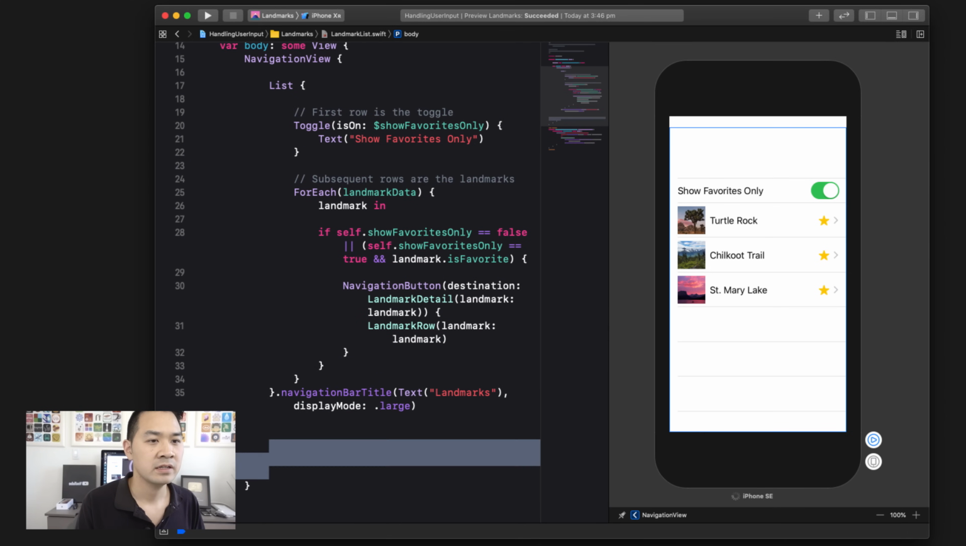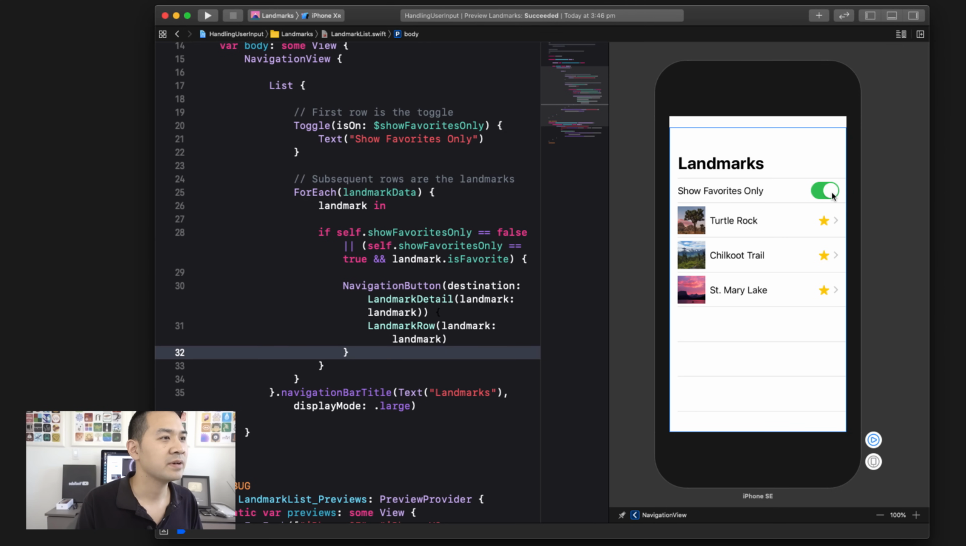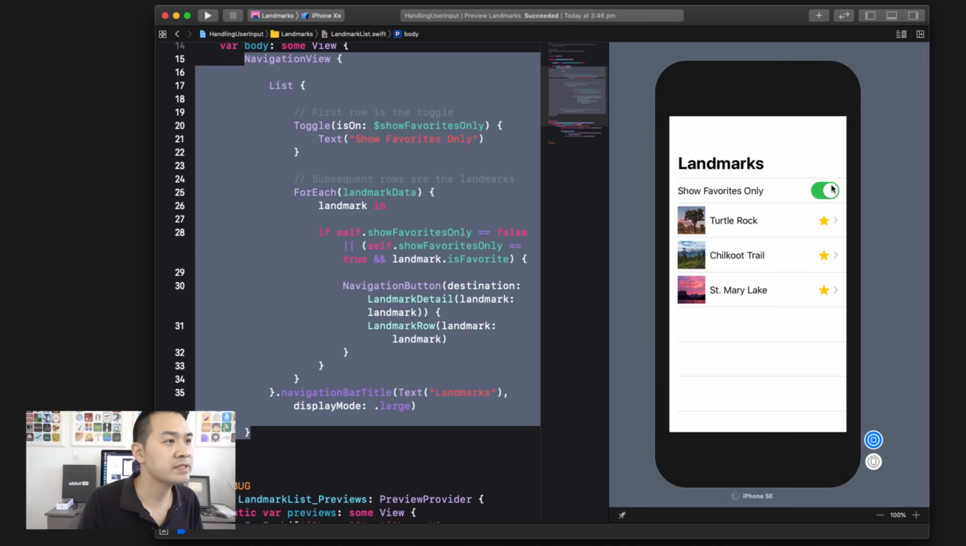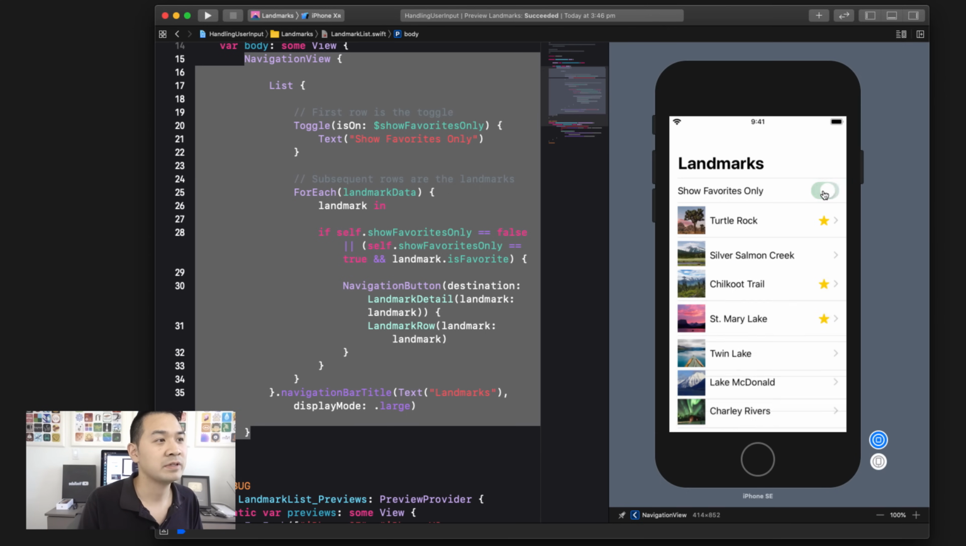I'm getting a lot of nested curly brackets now. So what do we have? Is this working? There we go. Cool. So you can see that there are no gaps in between the favorites now. If I toggle this off, let's change it to a live preview so we can actually use this. So there, you can see all of the favorites, all of the landmarks, and when you toggle this on, you